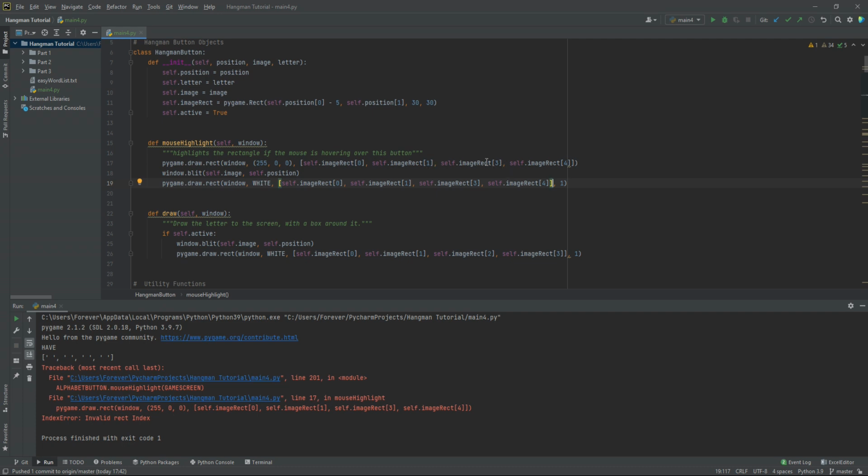Invalid 0, 1. Aha! 2, 3. Yeah. So what we've done is there is no four. So it's self.imageRect 0, self.image 1, 2, 3. So if we try and run it again,